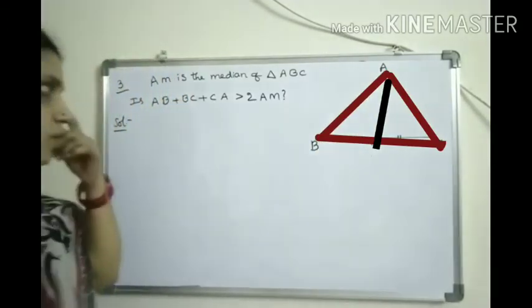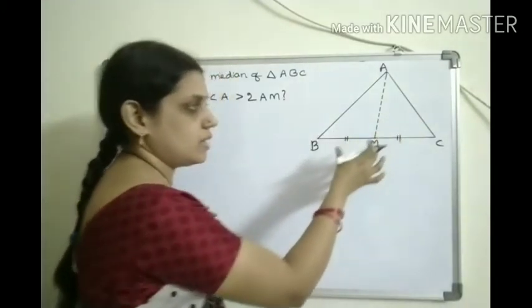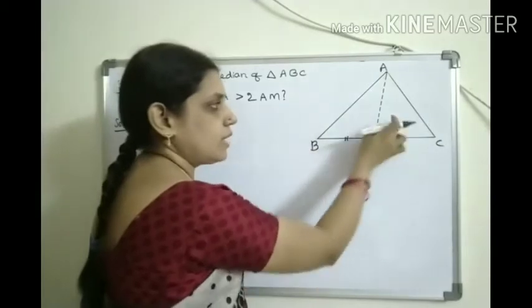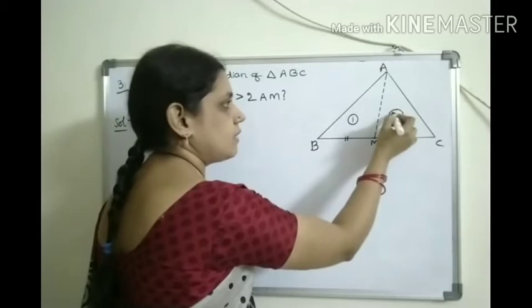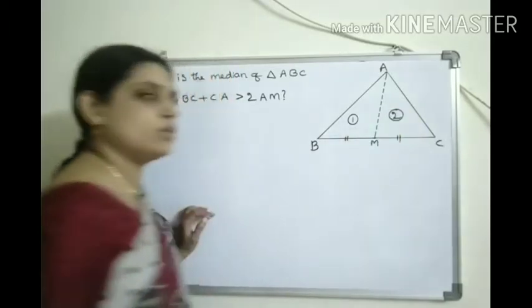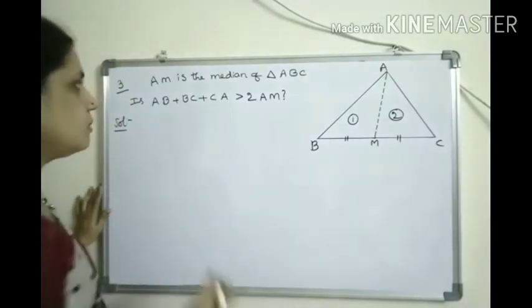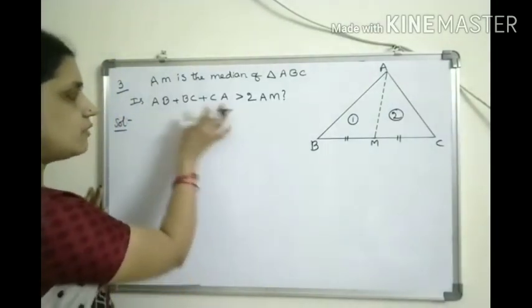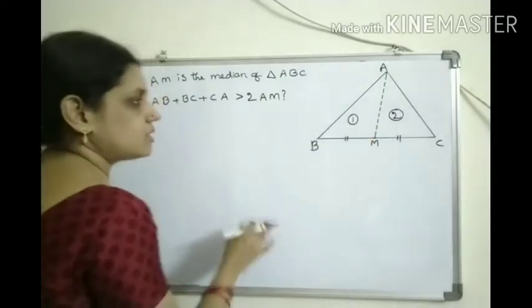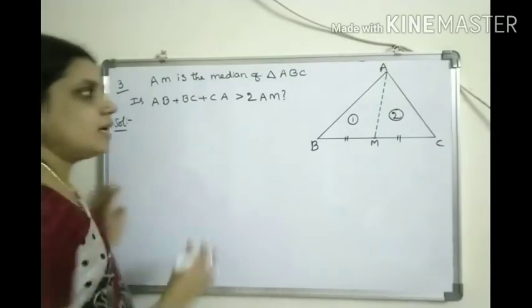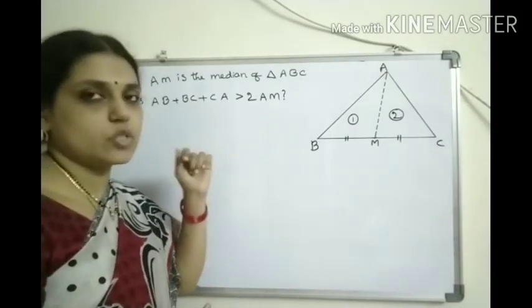Okay. Now to prove this, we have to consider the two triangles in the triangle ABC. By drawing AM, here two triangles are formed. So let us consider these two triangles and let us apply inequality property of triangle. So then we can prove this one. Okay. Now AB plus BC plus CA, if you observe in LHS, we have the three sides of the triangle. So we have to take it in that way. Left hand side, the sides of the triangle should be there.